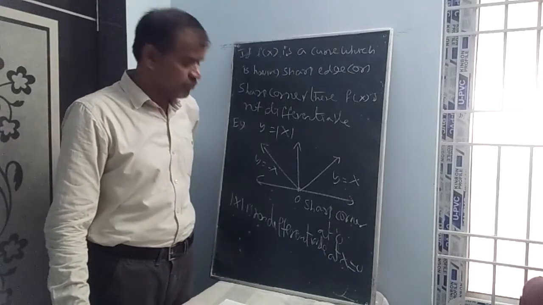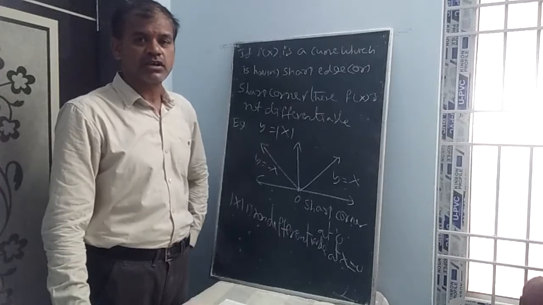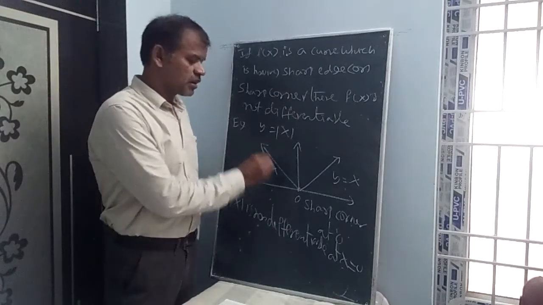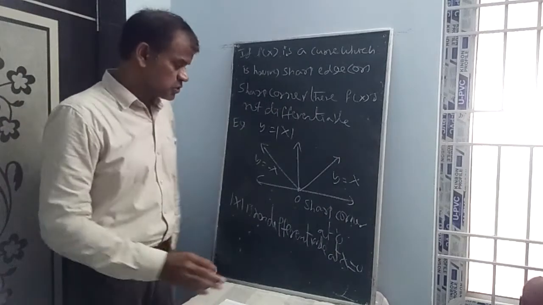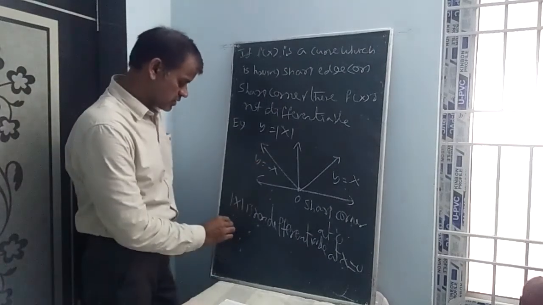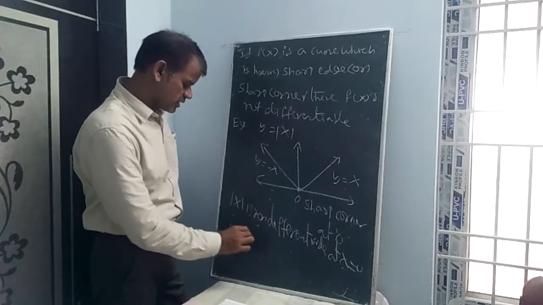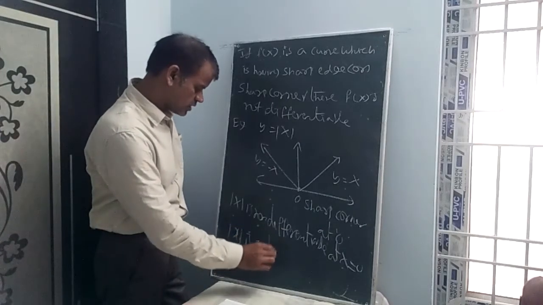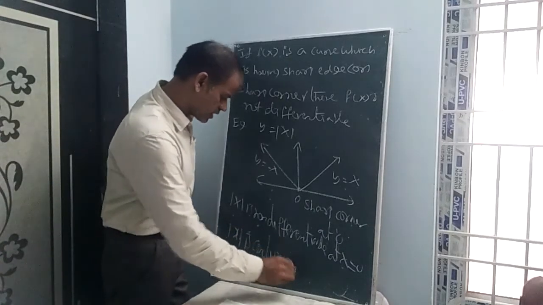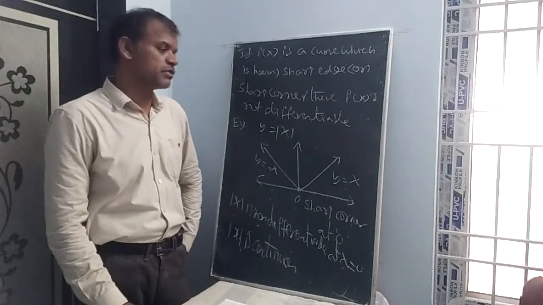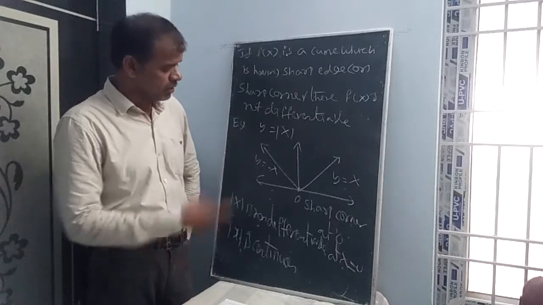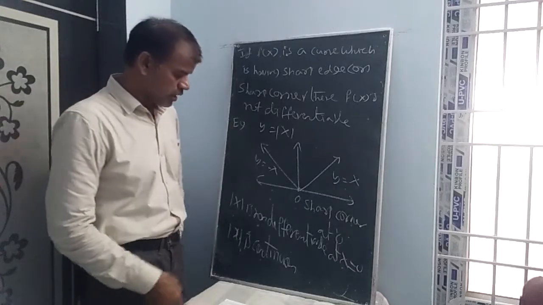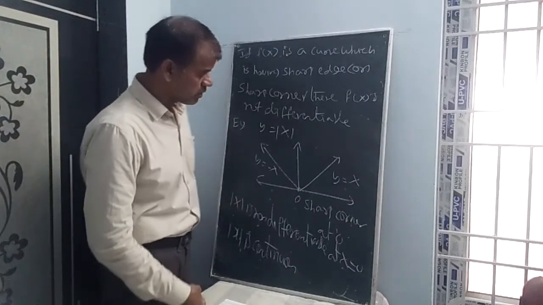But now let us discuss continuity. What is the meaning of continuous? It is without breaks or without stops. We can draw the modulus x curve without lifting the pen. So modulus of x is continuous. Now you can understand this important concept: modulus of x is continuous but not differentiable at x is equal to 0. Everywhere else, modulus of x is differentiable, and modulus of x is continuous everywhere.